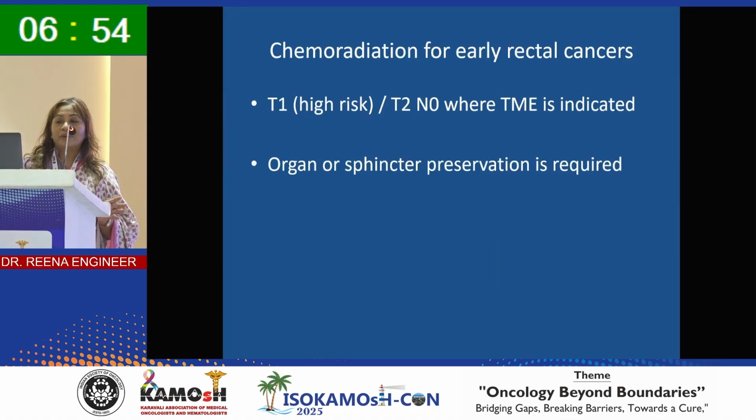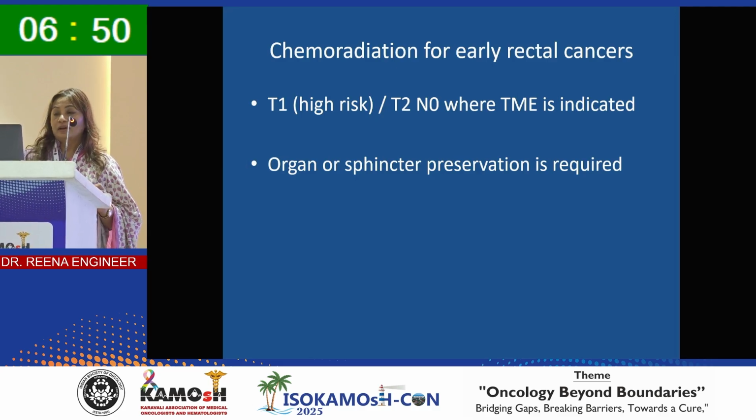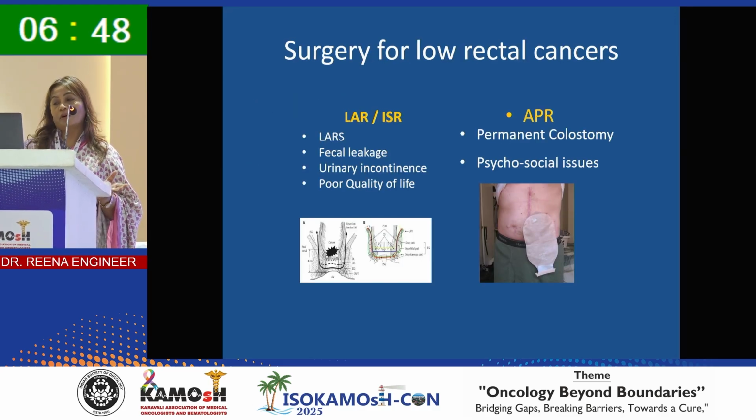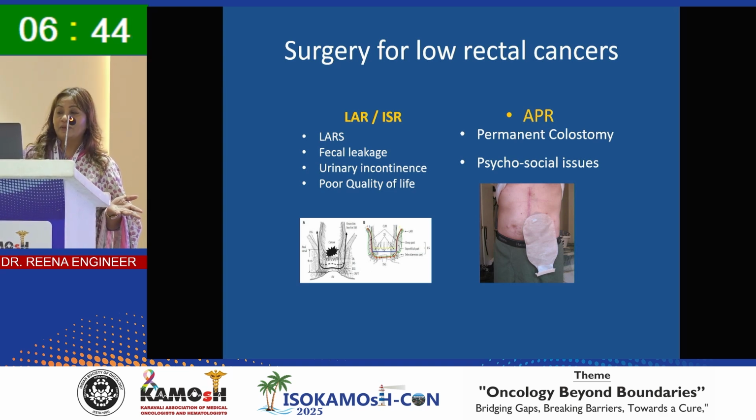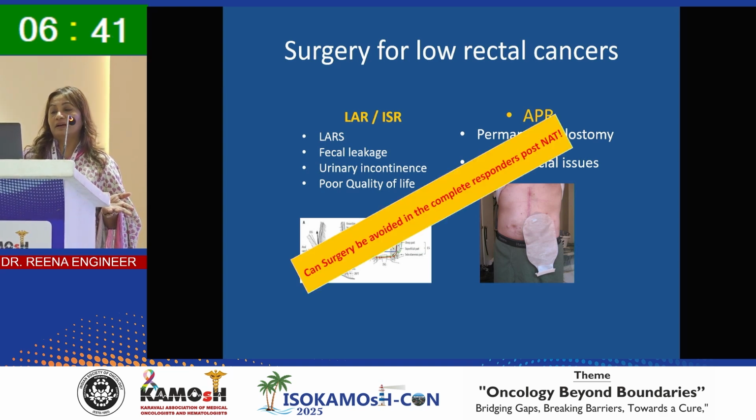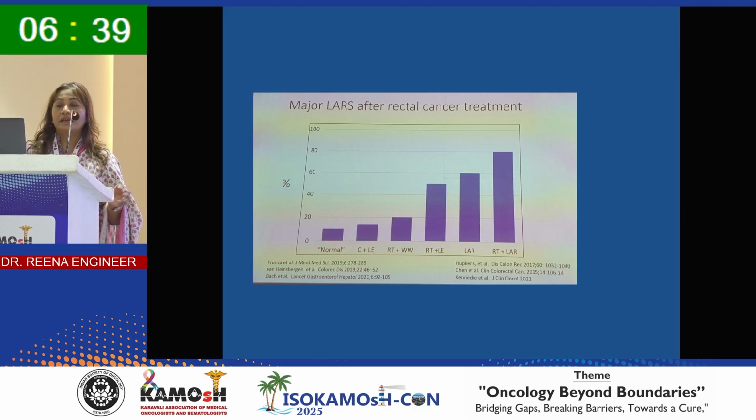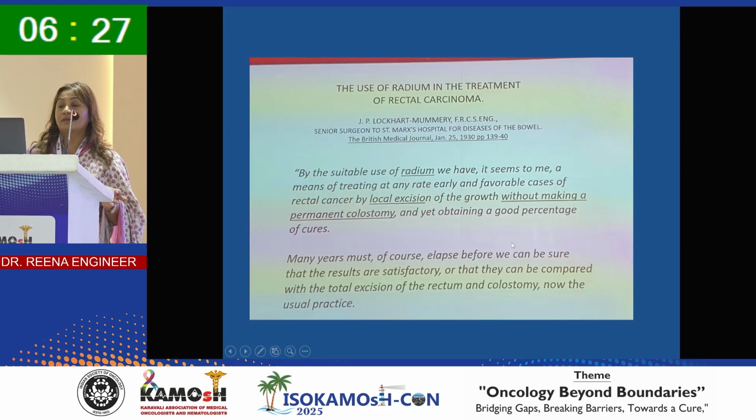so I will be giving the perspective only on T1 high risk or T2 N0s. I'll be mostly talking about organ preservation. You all know the perils of APR or undergoing LAR, and if surgery can be avoided. Major morbidity happens more and more if you combine radiation with low anterior resection. So if you have local excision, wait and watch versus LAR, you expect higher